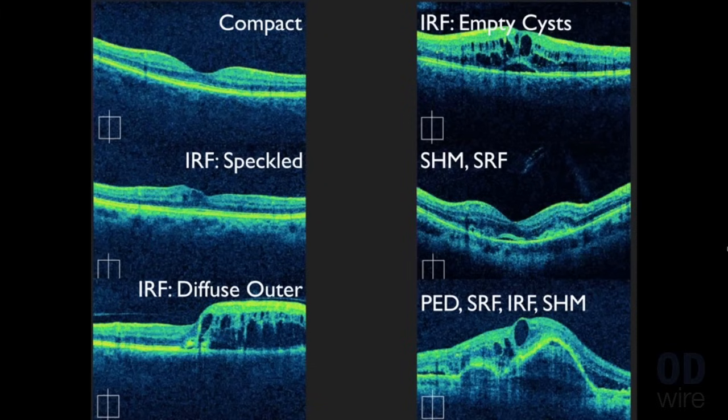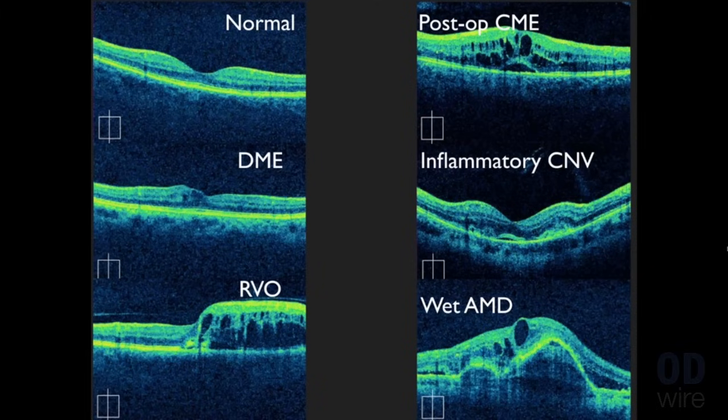All of these descriptions will in turn lead you to be able to come up with a diagnosis. In fact, if you look at these 6 images, they're fairly typical for these diseases. Boom, there you go. You've got normal, diabetic macular edema, a retinal vein occlusion, post-op cystoid macular edema, inflammatory choroidal neovascularization, as denoted by the fact that there's 2 foci of choroidal neovascular tissue, and finally, on the bottom,